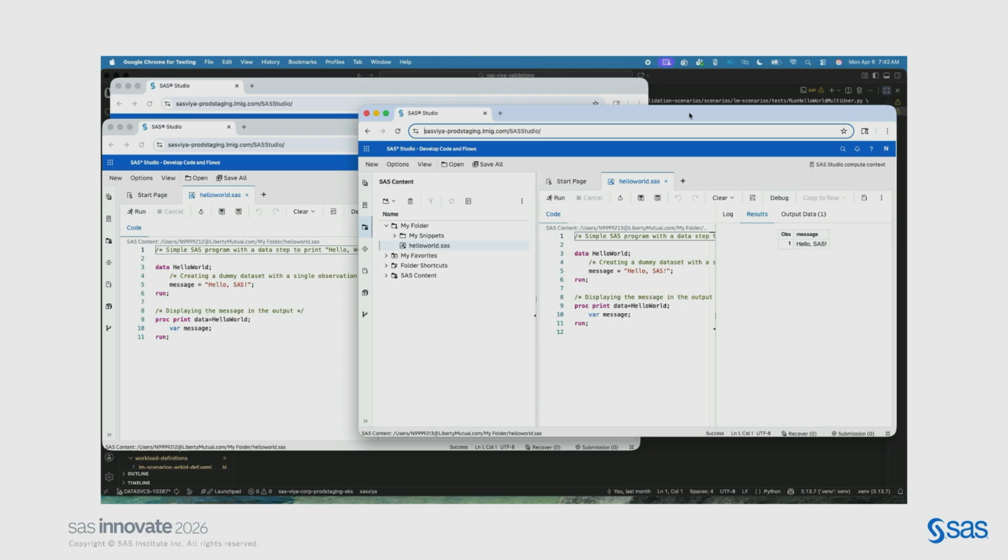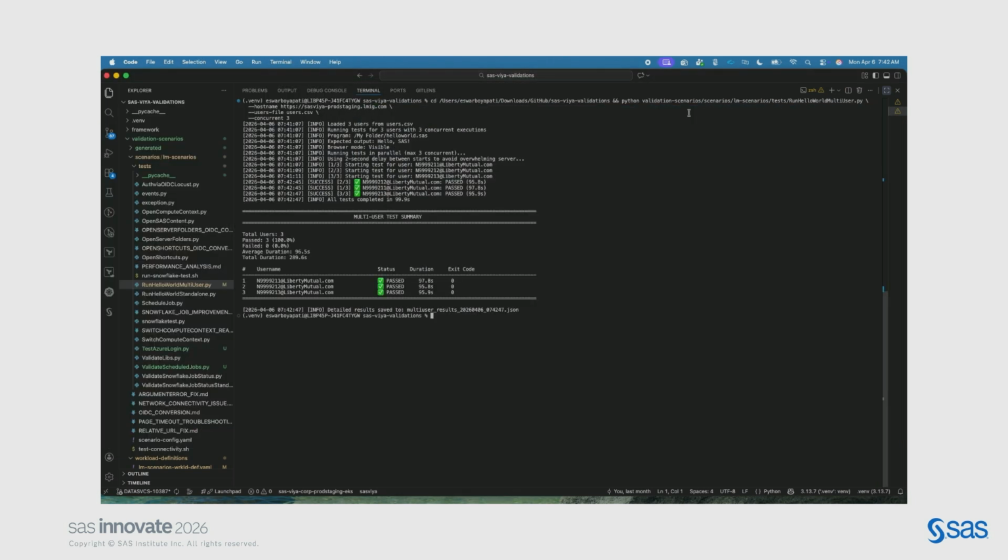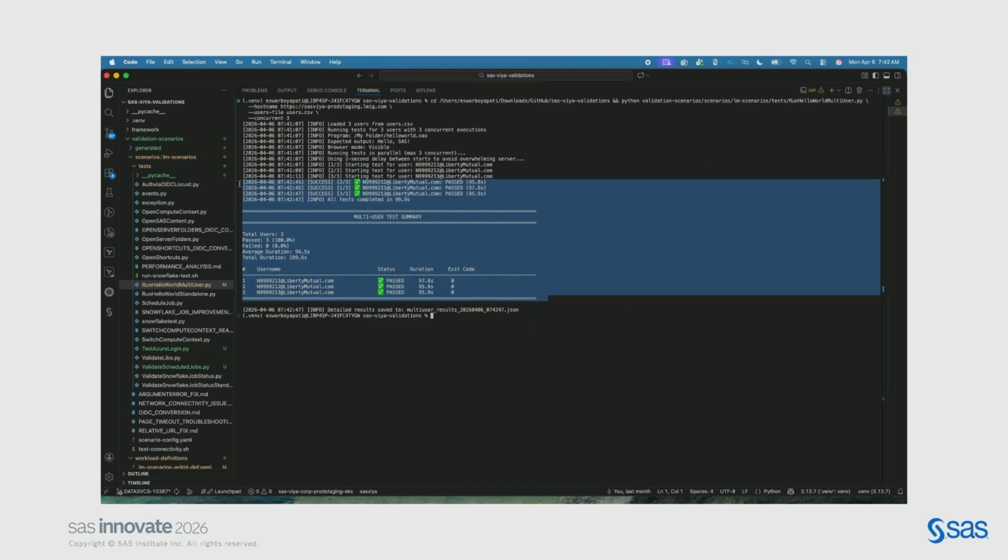Once all these 3 tests are completed, the browsers get closed. One interesting thing is that right now, just for the user interface, I'm showing this with headless mode as true. That's the reason you're seeing the browsers, but you don't need to have the browsers. In there, you can see the duration it took for each individual user. So think of this when you have 100+ users that you want to regression test your environment: you just click run. We tested somewhere close to 20+ users, and the average mean time is 95 to 105 seconds. That tells you how your environment is performing.